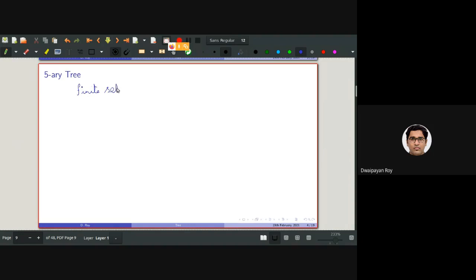T, with a parent-child relationship, of course. The first criteria is it should have a specially designated root, a special node that we will be referring to as root.